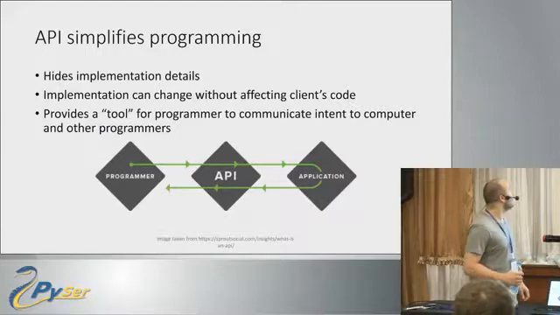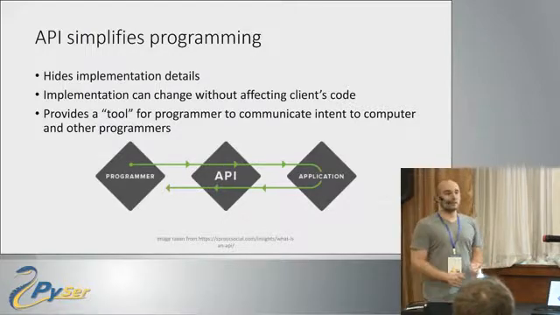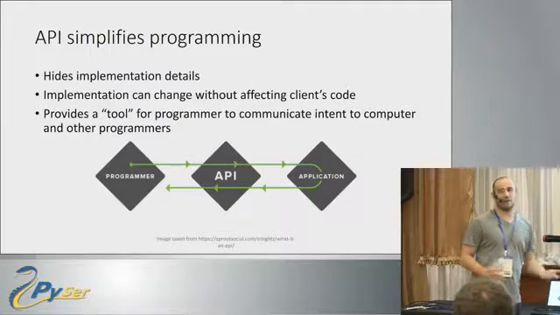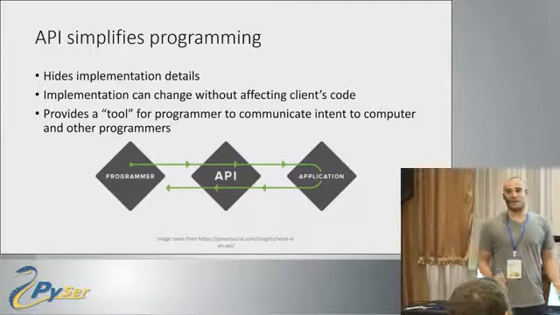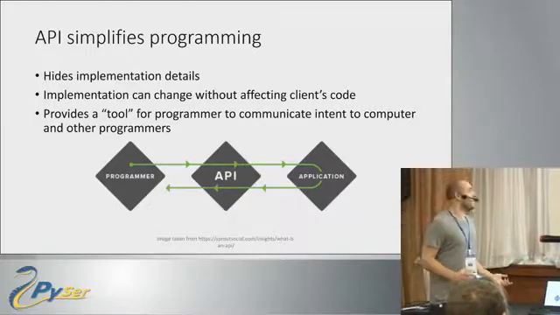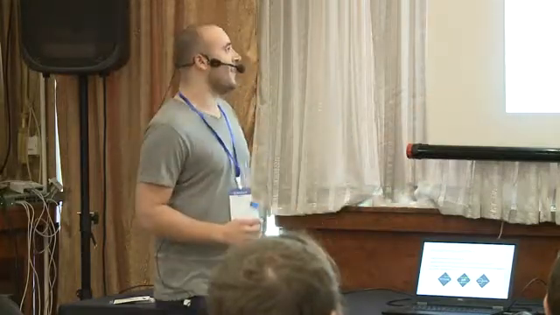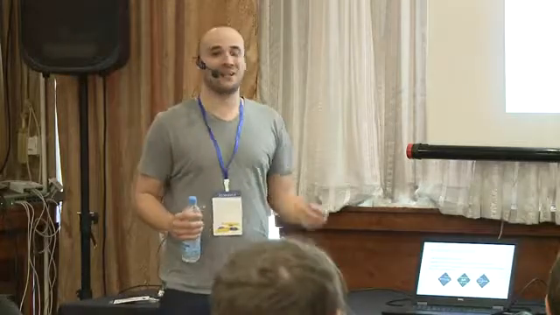So why do we actually need an API? Well, an API simplifies programming. And how? It hides the implementation details. We've heard this so many times, but do we actually know what that means? They say that when you use an API you cannot see the implementation of the software that provides it, and in Python that's not true. You can see everything, but what I would say is that you don't care about the actual implementation. What you need to know is only the interface.